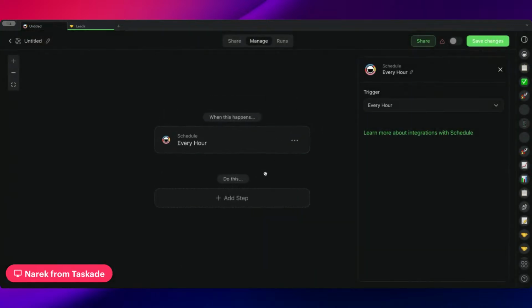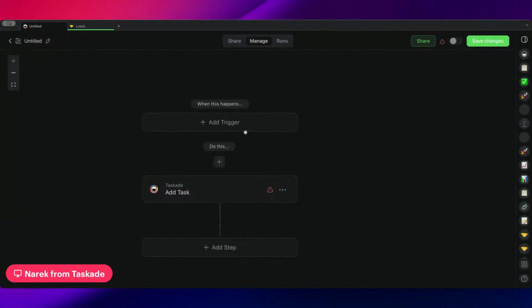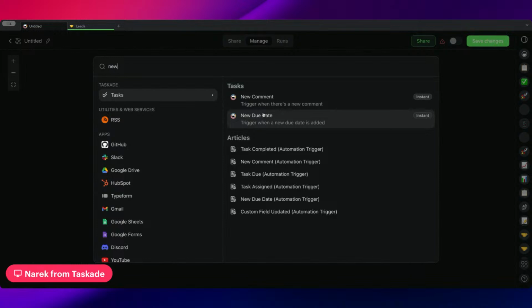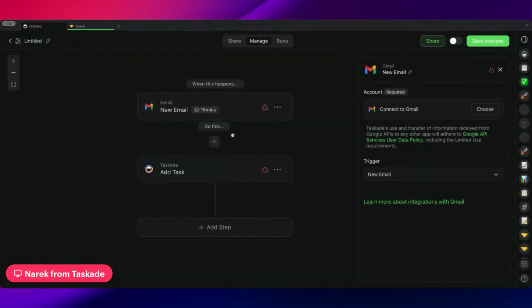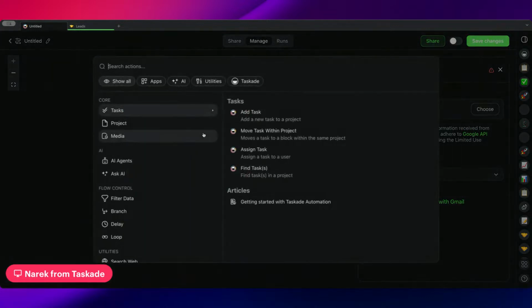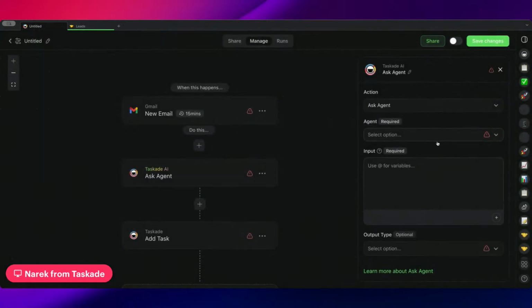You can do it every hour, but you can also just have it as, if I delete this, you can have it where it's like new email. So triggering with every email. And then you can basically say filter through it. So like Ask AI, or Ask Agent actually. So let's say if I had an analysis agent or whatever it is,